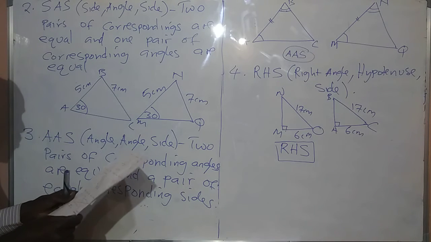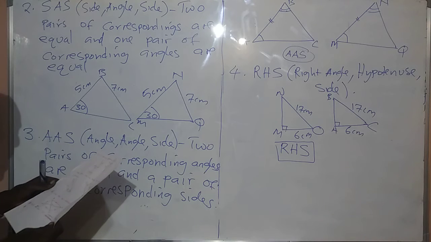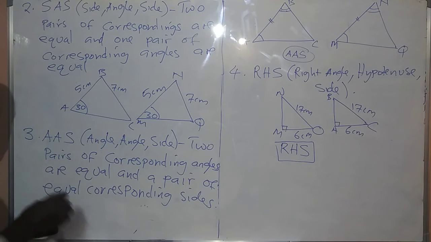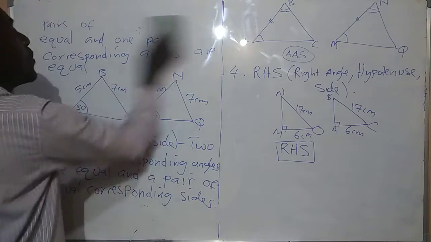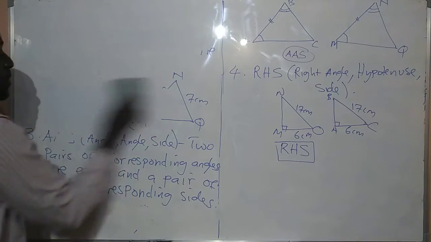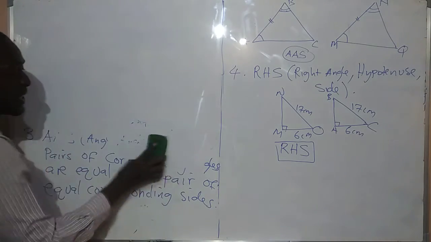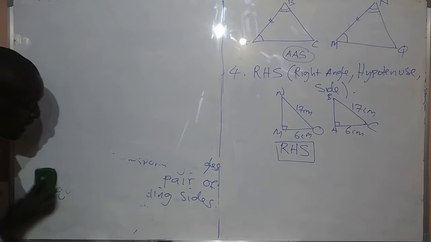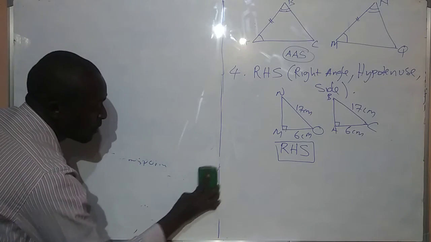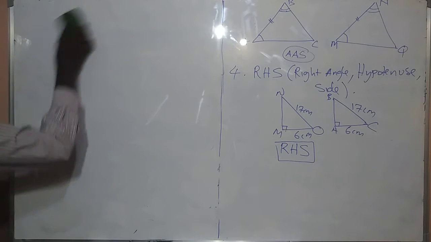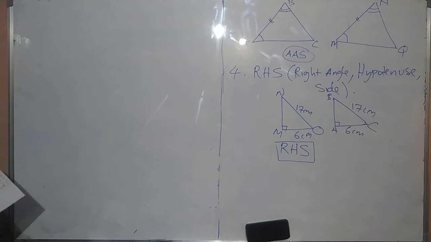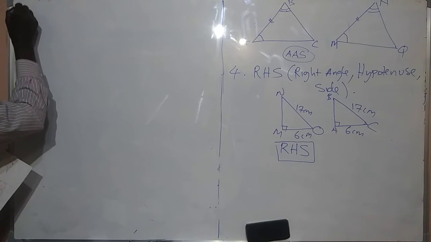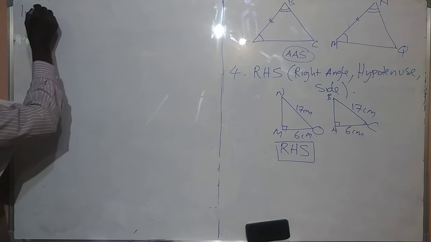So now we are going to look at two examples on congruent triangles. So let's look at two examples on congruent triangles. Okay, so by using the conditions that we have learned here, the 4 conditions that we have. Of course, there are so many of them, so we'll just look at these 4, they are enough. Okay, so here is the first example.